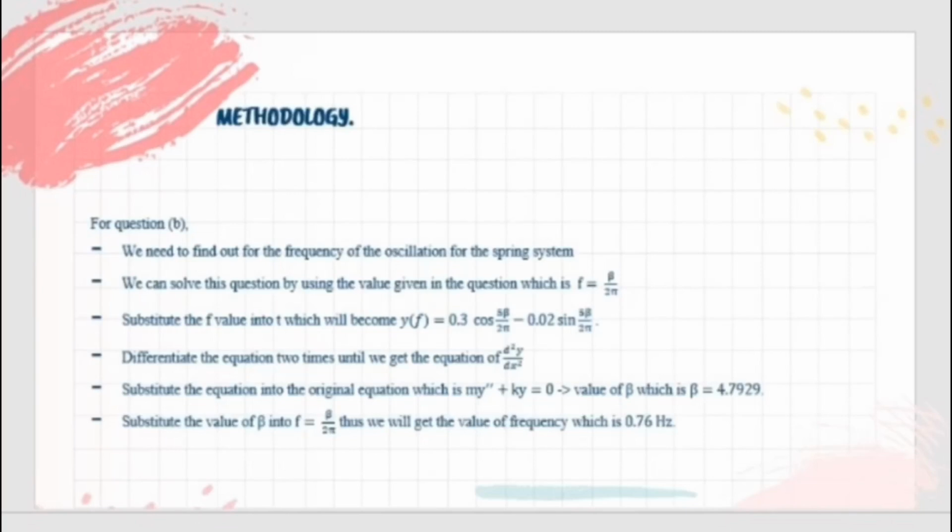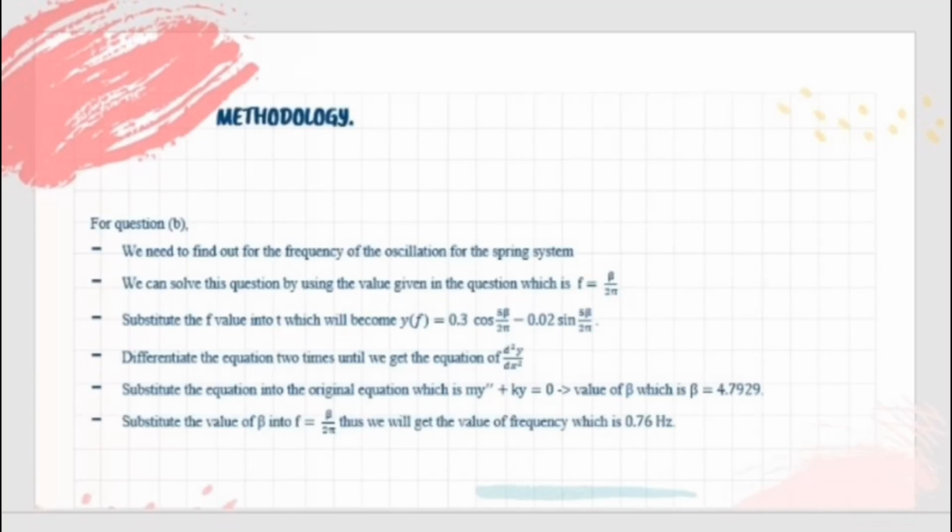Then we will differentiate the equation 2 times until we get the equation of d squared y over dx squared. After that, we can substitute the equation into the original equation, which is m y prime prime plus ky equal to 0. Then we will get the value of beta, which is beta equal to